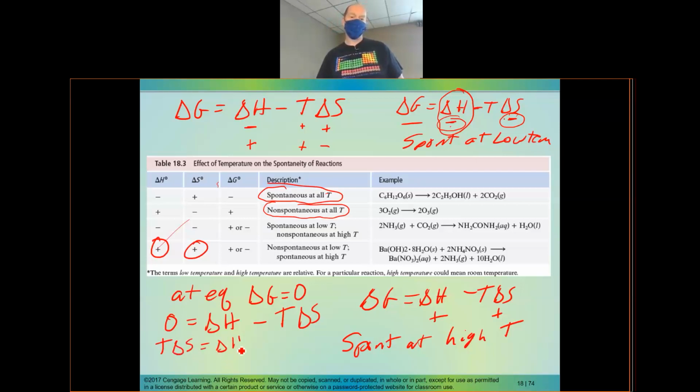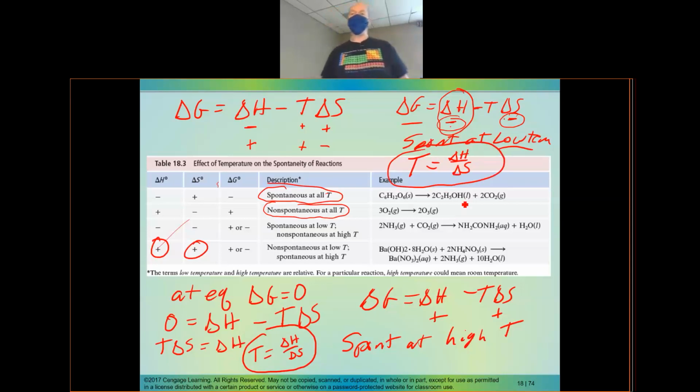That's equal to delta H. So your temperature is going to be your delta H divided by your delta S. So when I say it's going to be spontaneous at low temperature, you're going to find that temperature by taking your delta H divided by your delta S. Products minus reactants,